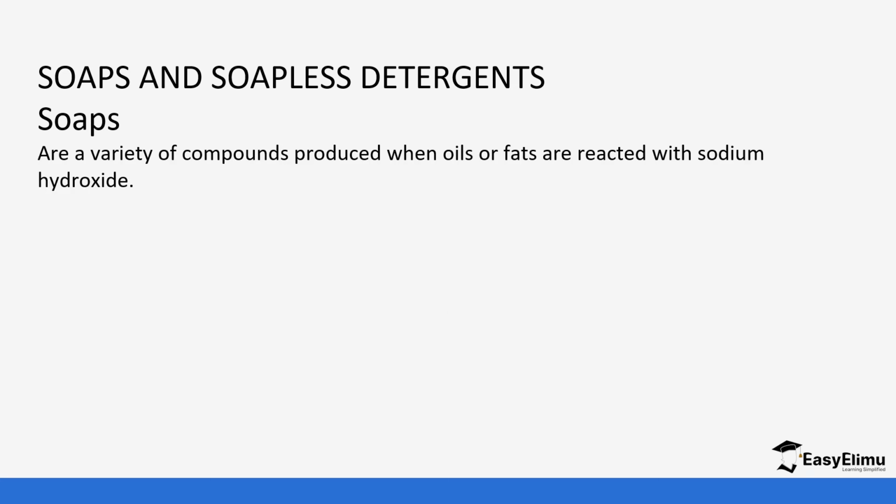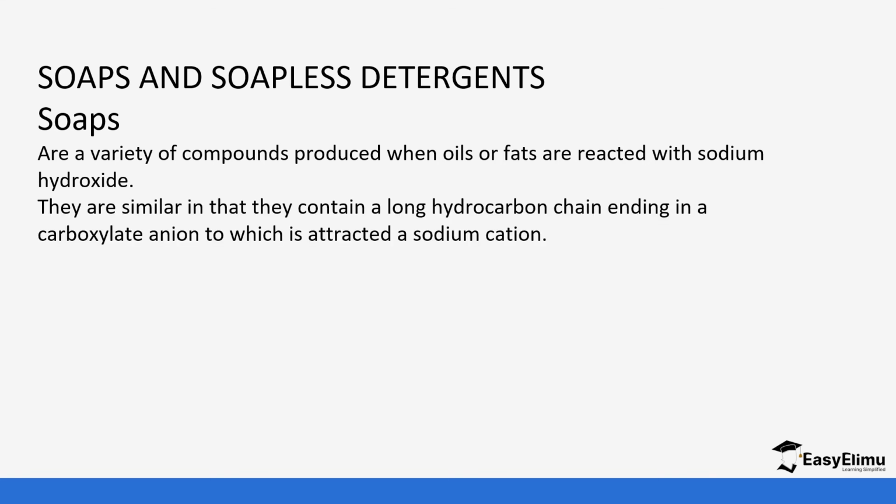So soaps are a variety of compounds produced when oils and fats react with sodium hydroxide. You notice this topic is going to divide the soaps into two: there's the soaps and then there's the soapless detergent. So the soaps are produced by reacting the oil or fats with sodium hydroxide. They are similar in that they contain a long hydrocarbon chain ending with a carboxylic anion which is attached to a sodium cation or